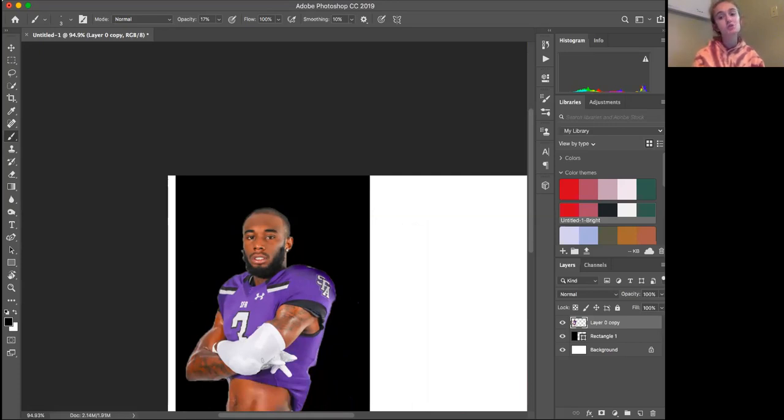You just have to make sure that when you cut something out, the resolution and the quality of whatever you're cutting out is going to be good when you eventually move it onto your graphic. Again, if you have a photo that's blurry and you cut a person out and the person's blurry, it's not going to look as good because of the quality of the photo. But other than that, that's how you do those